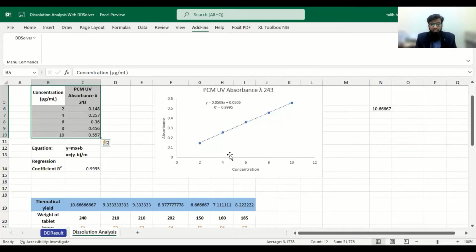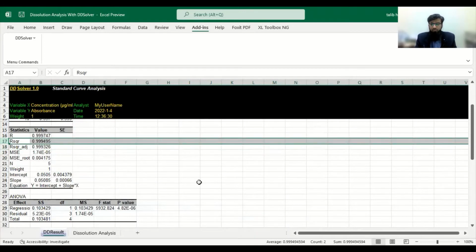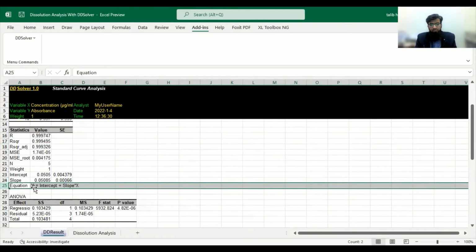Our R square was 0.995, which is exactly the R square in row 17. It also has an equation, y equals intercept plus slope times x, meaning slope is m, mx plus intercept b. This is the equation, which is given in the form of intercept.